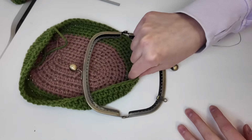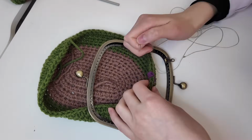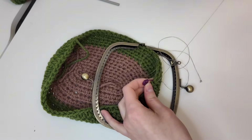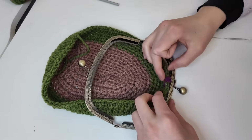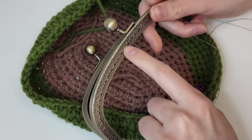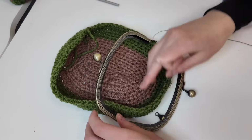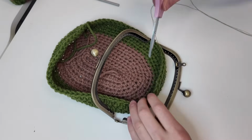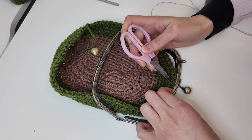So I like to start in the center, and then I go back and forth. I'm starting right where the stitch marker is, with my semi-matching thread. Close enough. And as you can see, there are holes here. You're gonna sew up and down through the holes, right? While simultaneously shoving, I use the end of a scissors to do this, because they're not very pointy,